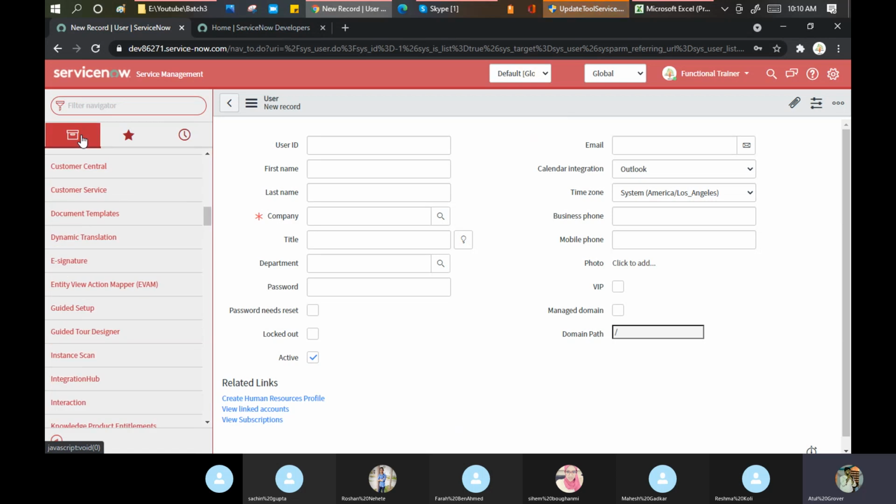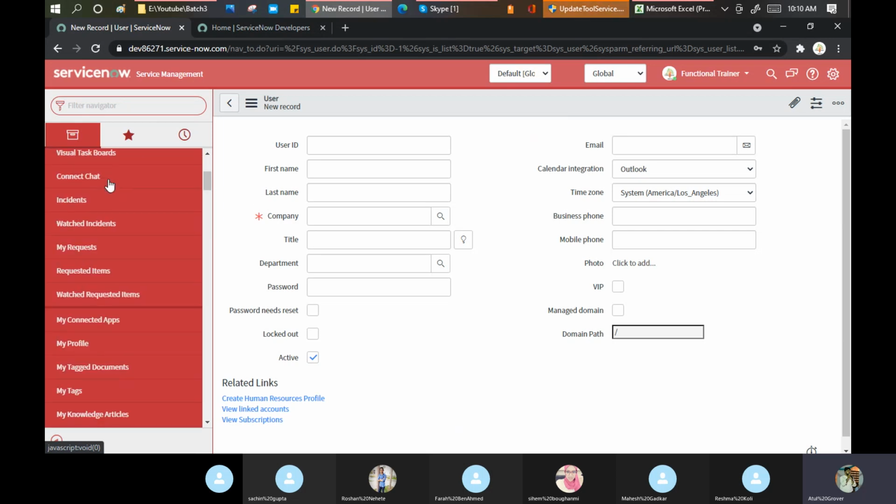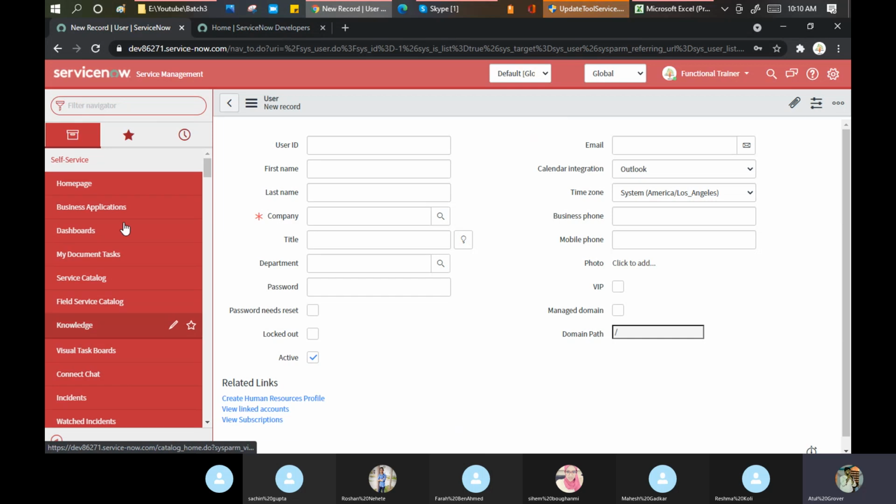Always remember one thing in ServiceNow. I'm again repeating, ServiceNow module and application visibility, or the search, always works on the role provided to the user. If you have an ITIL user role, you have limited access. If you are an admin user, you have more access. Simple thing: on my office laptop, I cannot install any software, but on my personal laptop, I can.